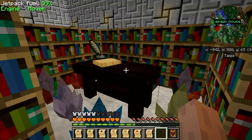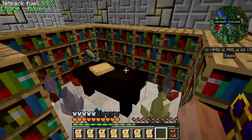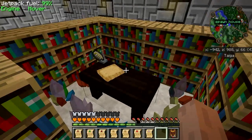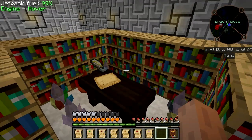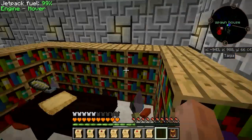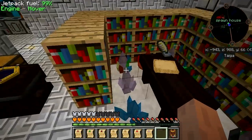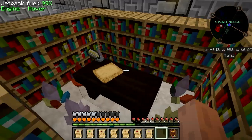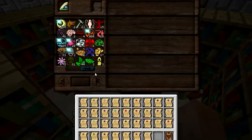Welcome back to Hermitcraft Infinity. All right, we are continuing with this massive Thaumcraft push. And I want to say right off that somebody in the comments suggested, and I'm sorry I don't remember your name, I'm terrible with that, but suggested that I should include bookcases in addition to the crystal clusters around the research table. So I've thrown these in here, and I have noticed that there are more than...